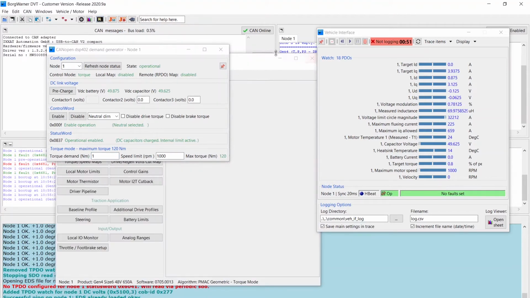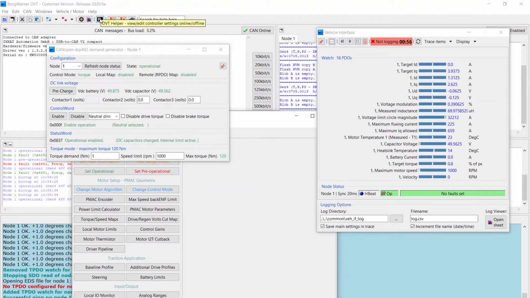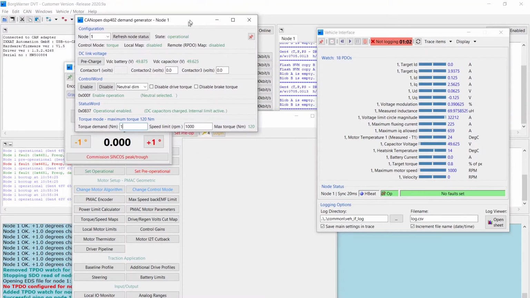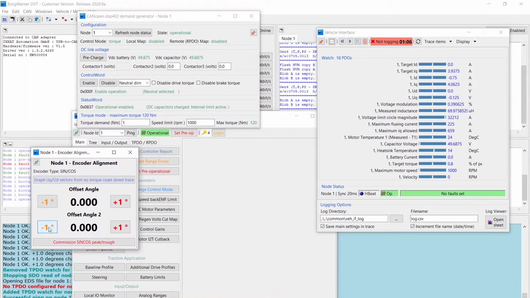So if we open up the helper, which we accessed through the little H button, there is a PMAC encoder page, which is here, and we can adjust the angle offset until the motor starts to rotate. As we have no rotation at all, we're probably quite a long way out on the offset. So if we just keep working our way down,